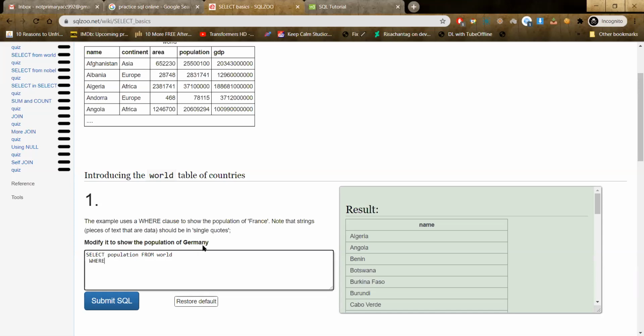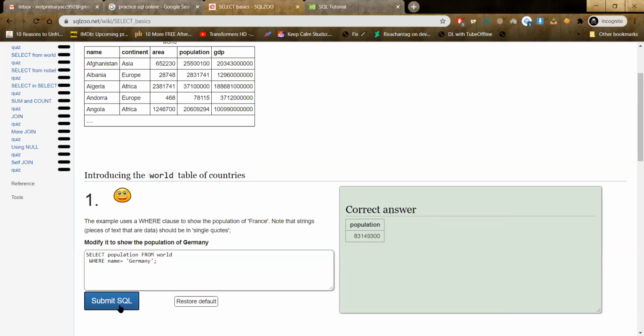So in the where clause, now I'll add a condition where name is equal to, and specify the name that we are looking for. So Germany. Select. So we get the population and it tells us that this is the correct answer.